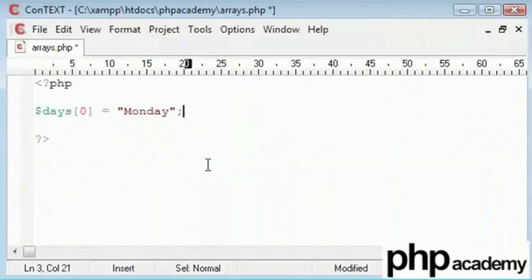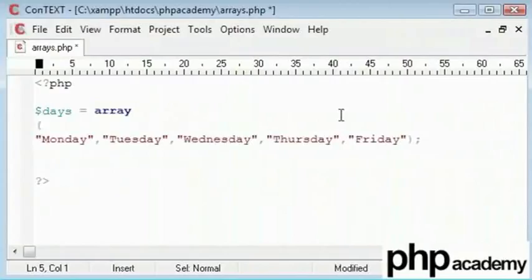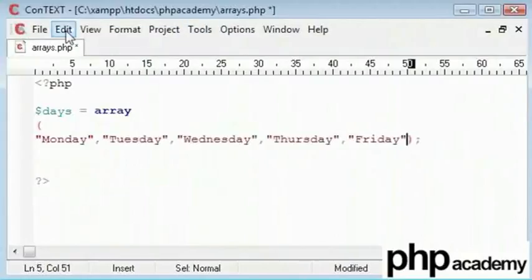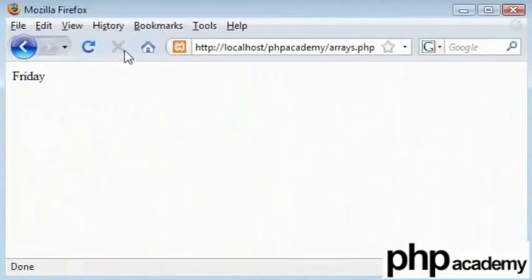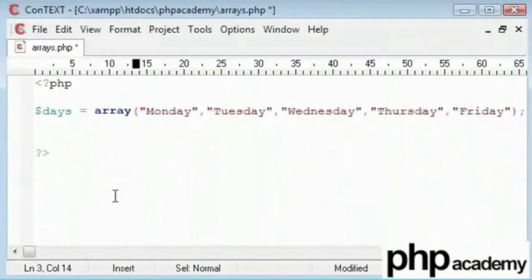I always prefer to do it like this. I find this much cleaner, much simpler, and just to let you know, you can bring this down like this. However, if you prefer to view it that way, if I save this now and refresh, nothing has changed, there are no errors, we still get the same structure. We have just moved it down onto lines. There's the line terminator at the end of your function and not at the end of every line. So don't get confused with that.